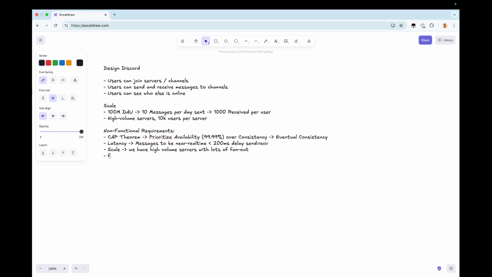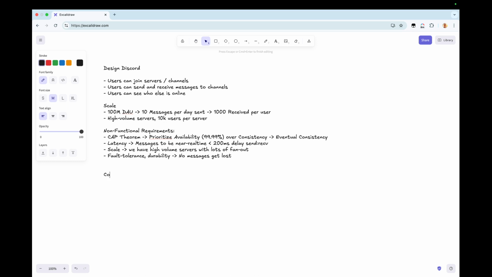What else? We do need to consider fault tolerance and durability. We want to make sure that no messages get lost. Every time a message is received, everybody who's supposed to receive it does in fact receive it. We also want to make sure that if a part of the system goes down, we have a mechanism for retrying anything that might be impacted, maybe with just a slight delay. So these are pretty good requirements.